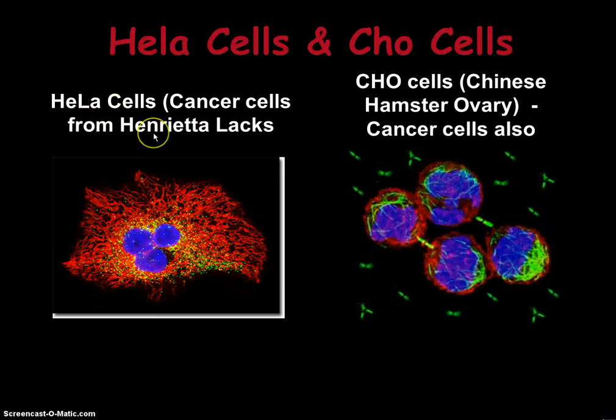So HeLa cells and CHO cells, you're not going to be tested on them, but basically there was a lady named Henrietta Lacks back in, I want to say, the 60s. She had ovarian cancer. They took some cells from her, and they're called HeLa cells for her name, Henrietta Lacks. And they're still alive today, basically, in the lab. Labs can order HeLa cells to do all kinds of research on, to try to figure out how cancer spreads or how to control it. But the cells originated from this lady, and then they've just kept them alive because they just keep reproducing. Since cancer cells are immortal, they just keep reproducing forever.